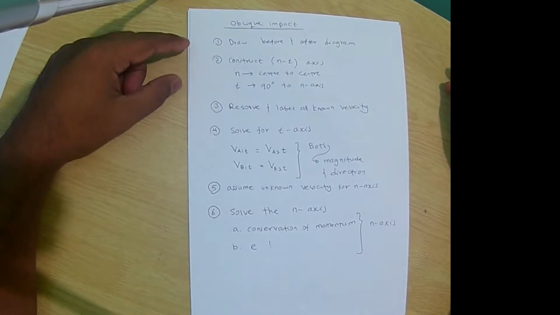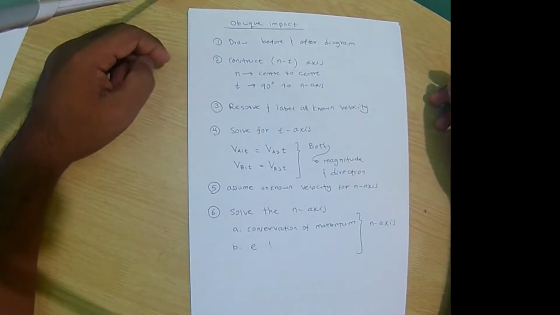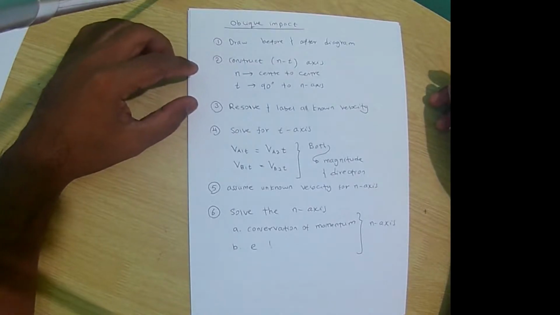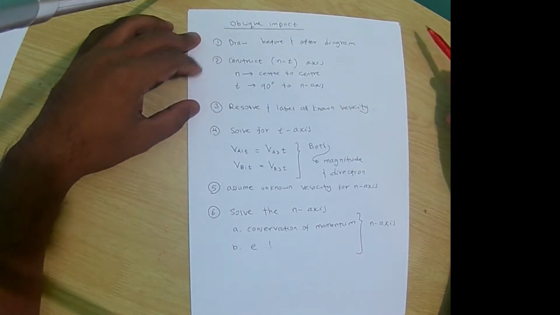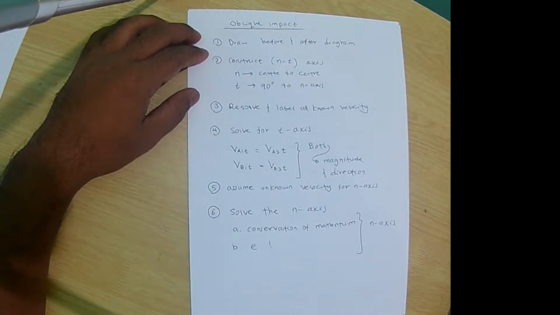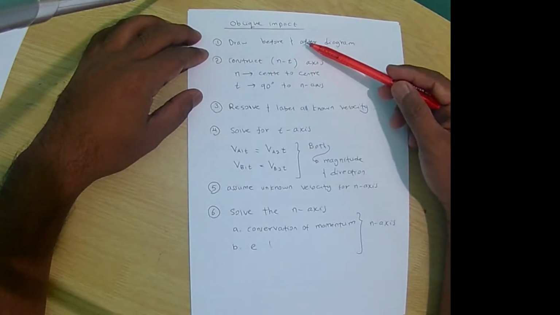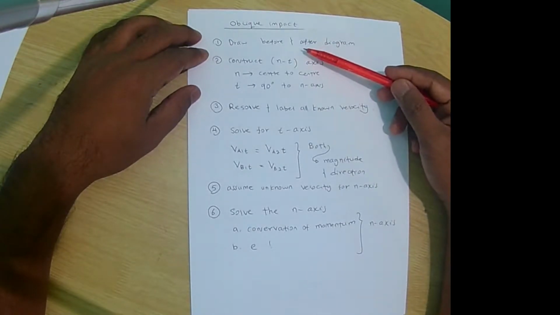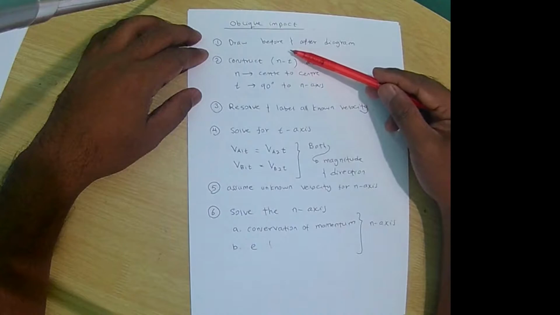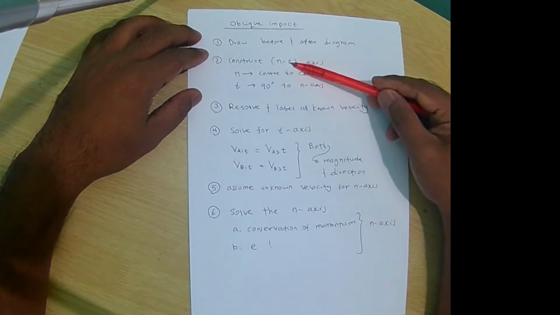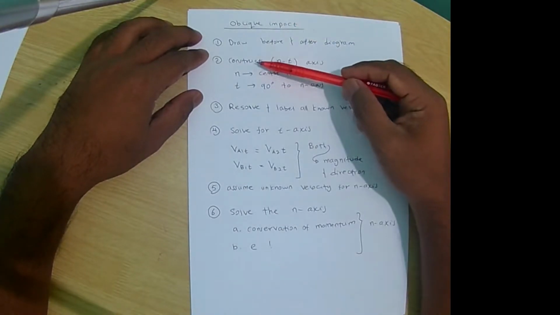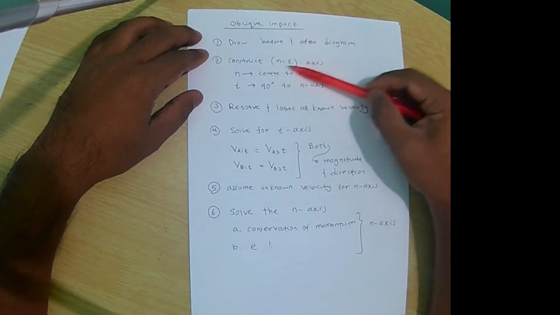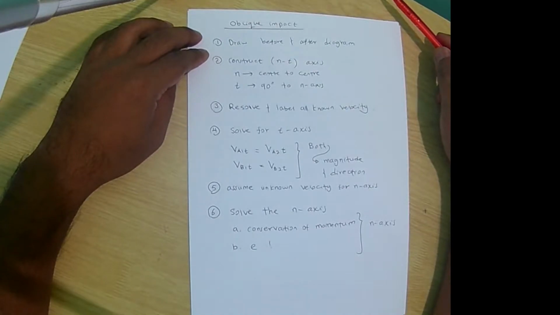This is the basic guideline to solve the problem involving oblique impact. Okay, so the first one is we draw before and after diagram. You know how to draw that one, before and after, and then you have to compare the velocity in these two before and after diagrams to know that it is oblique or direct impact. Once you know that one, you know that we will have two axes, which is normal and tangent, the n-axis and t-axis.